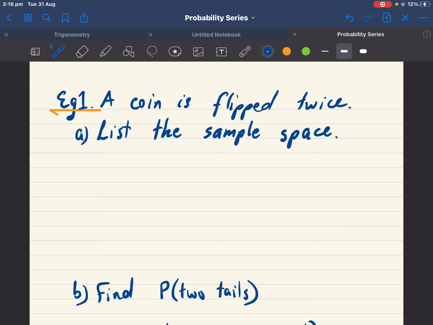So the 2 main ways, the first one is what we call the tree diagram. So the way the tree diagrams work is,